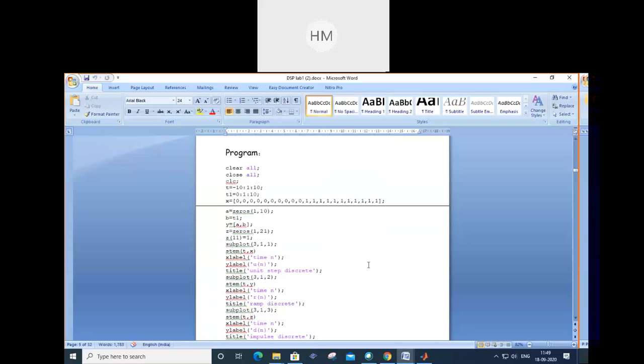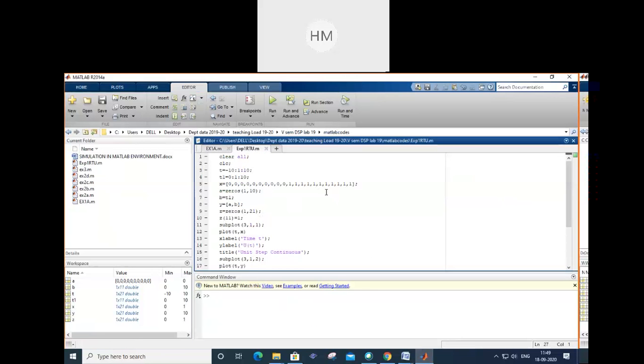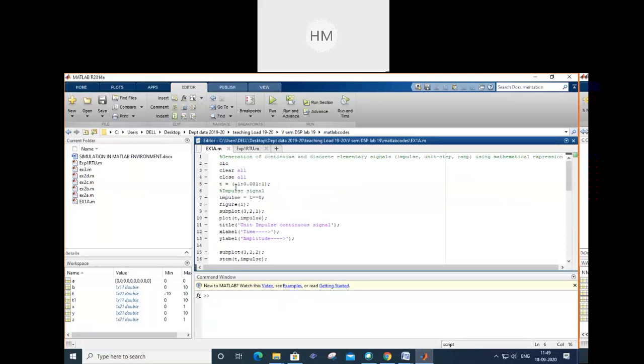So now we will see this program, how we can write the program. Here I have taken limits from minus 10 to 10, that means the graph will be displayed from minus 10 to 10. And I have written a second program also where I have taken the limit from minus 1 to 1, and steps 0.001. Very small spacing I have to take because I have to plot a graph.